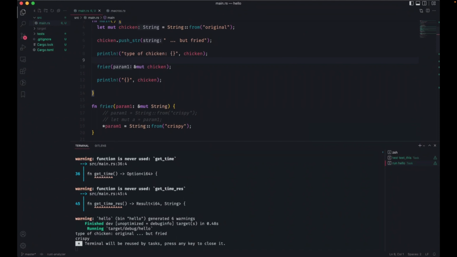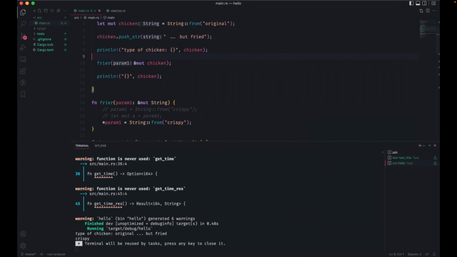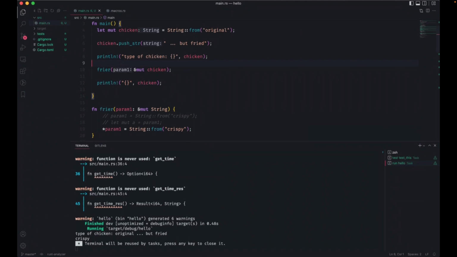I noticed sometimes you pass the variable and you put the ampersand before, and the function takes it as a reference. Sometimes you define it in the function signature that it borrows. What's the magic there?